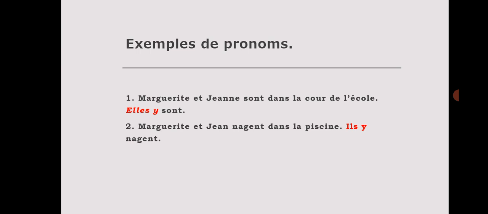You see elles in the first case, and the y that you see are pronouns. Why? Because they stand instead of nouns, instead of names in that sentence. Also, the ils and the y in the second case are also pronouns. Why? Because they stand for the names, the nouns in that sentence. Elles means they, but they feminine, talking about female gender. Ils, in the second case, means they masculine, talking about